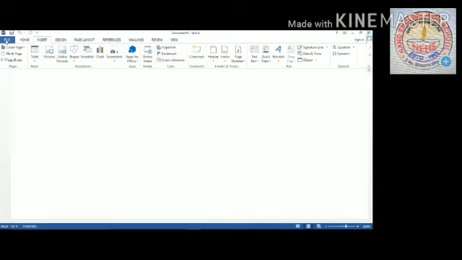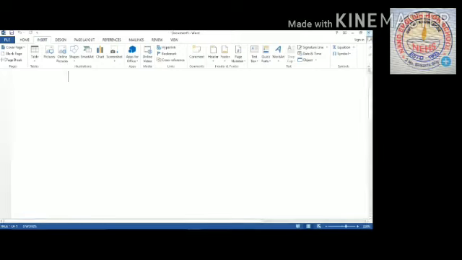Okay children, first I will tell you, at the top of the window there is written Document1 Word. What is this, children? This is your title bar. The title bar is displayed at the top of the MS Word window. This is your title bar and it displays the document name followed by the program name.